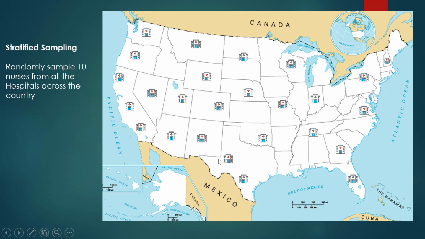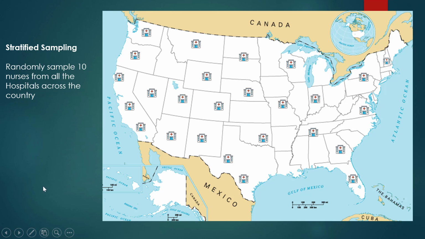Now I want to differentiate that from stratified sampling. So with stratified sampling, you have these pre-existing strata, rather than with cluster, where you assume these to be a cluster. Here, we're going to say each one of these hospitals is a strata. And maybe they have different demographics for different reasons. So instead of taking 10 clusters, for stratified sampling we're going to randomly sample 10 nurses from all of these